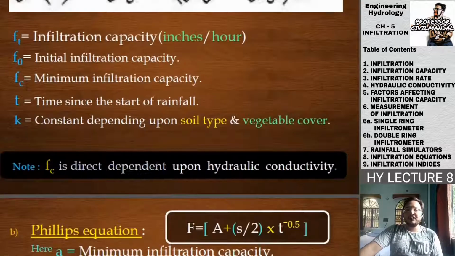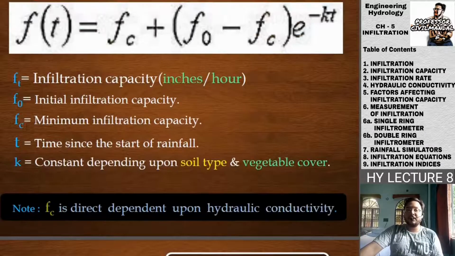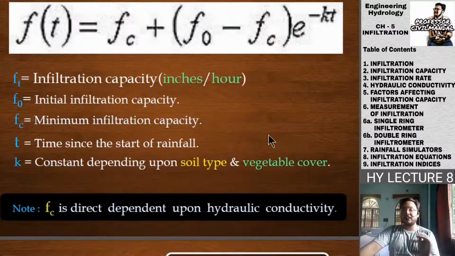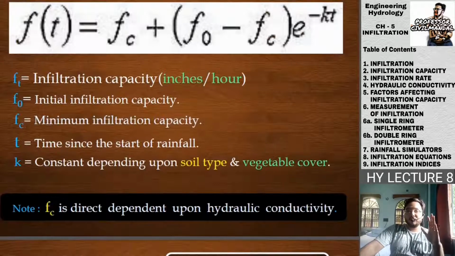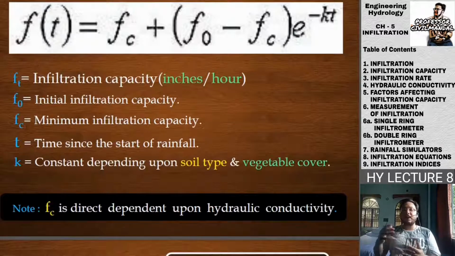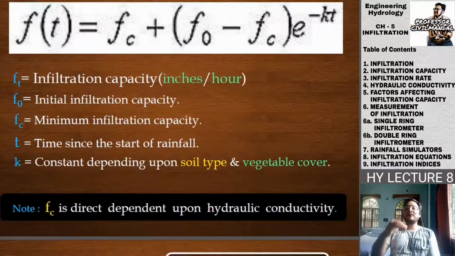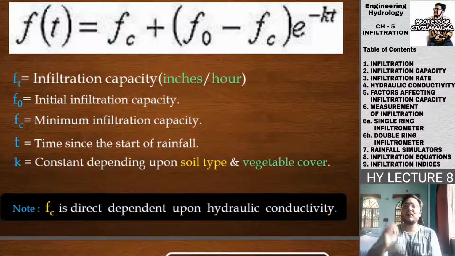Just note that Fc is directly dependent upon hydraulic conductivity. So Fc, our minimum infiltration capacity, depends upon the hydraulic conductivity. The more the hydraulic conductivity, the more the minimum infiltration capacity. Suppose the soil is able to allow more water to pass through it, or seep through it. Then certainly the minimum infiltration capacity of that soil is going to have a higher value as compared to some other soil which has a lesser hydraulic conductivity. So this is how Fc is